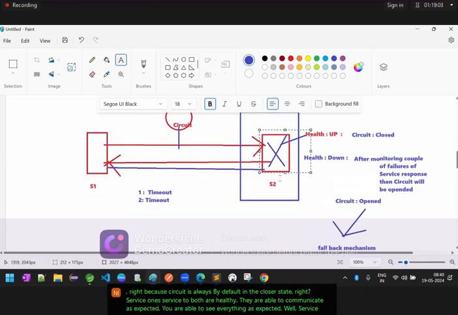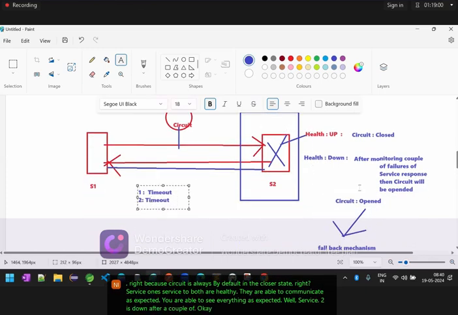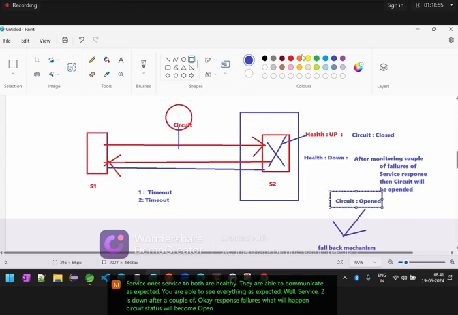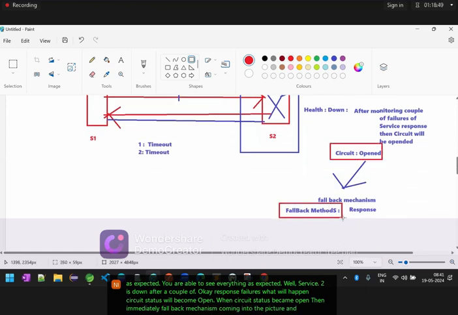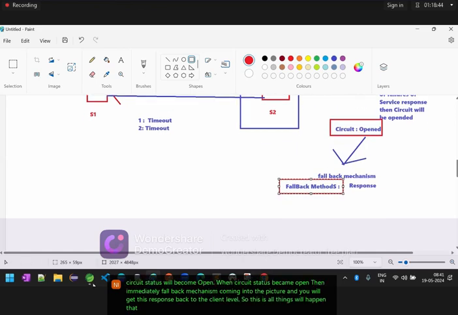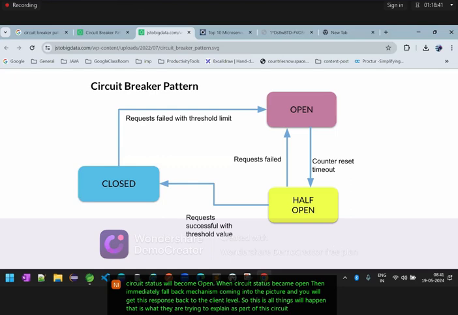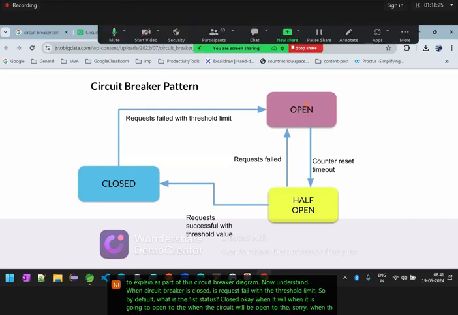When service 2 is down, after a couple of response failures, what will happen? The circuit status will become open. When the circuit status becomes open, the fallback mechanism immediately comes into the picture, and you will get this response back at the client level. This is how things will happen. That is what they are trying to explain as part of this circuit breaker diagram. Now understand, when the circuit breaker is closed, is the request failing within the threshold limit? By default, what is the first status? Closed. When the circuit status moves to open,